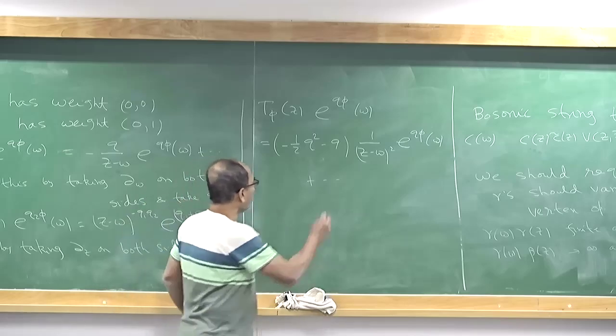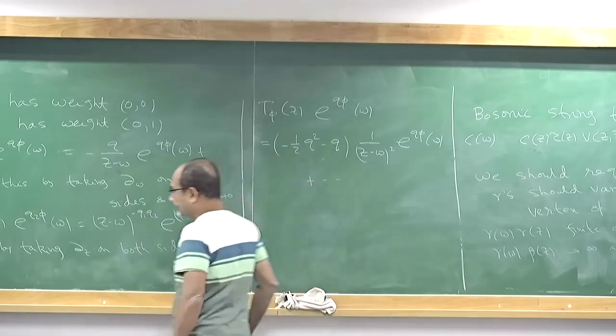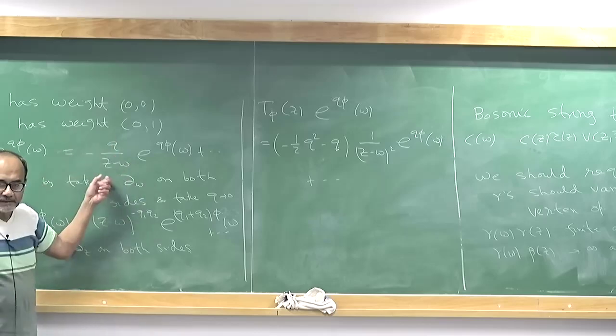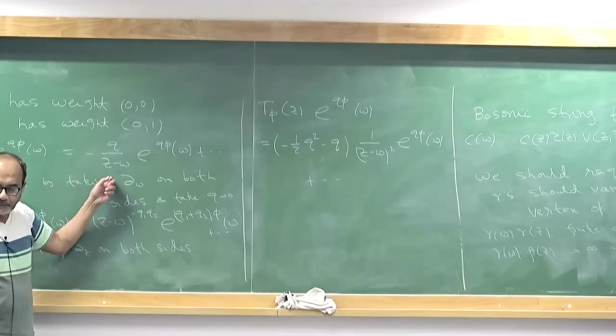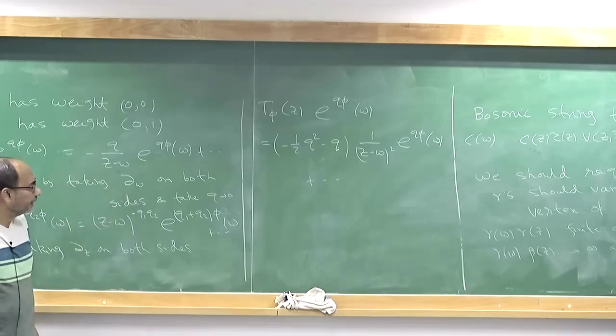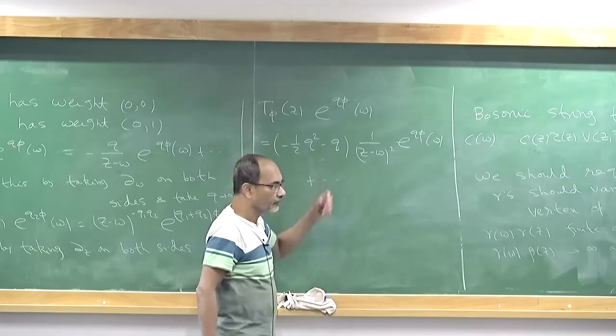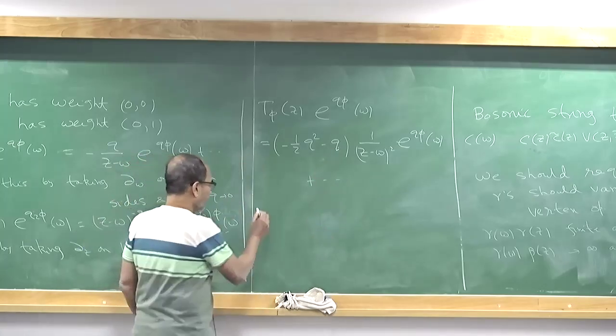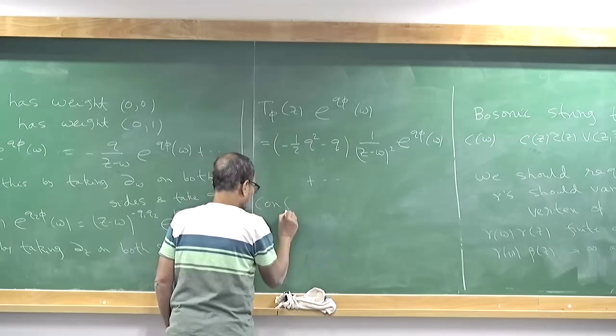This minus q is because of this term, it's 2 del squared phi. When you take the OPE, del phi with e to the q phi will bring down minus q over z minus w. And the next time you take a derivative, the leading term will come from the derivative of this. And that's what gives you minus q. Okay, so the conformal weight of e to the q phi